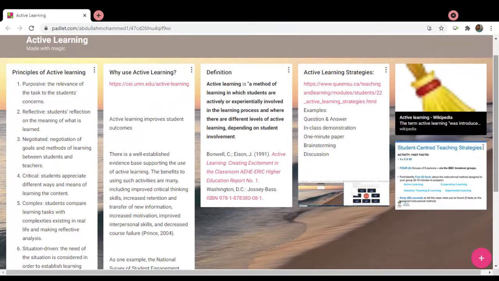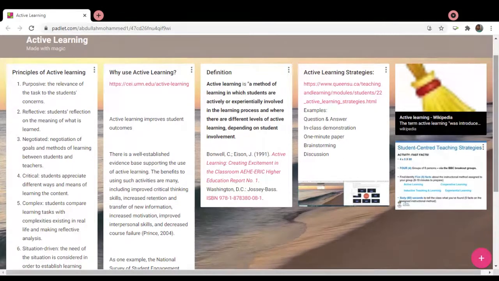I had to go back to my training and development days. So, why is active learning important? The principle of active learning is that it is purposeful, relevant to the task and to the student outcomes. It's reflective, so it's experiential.